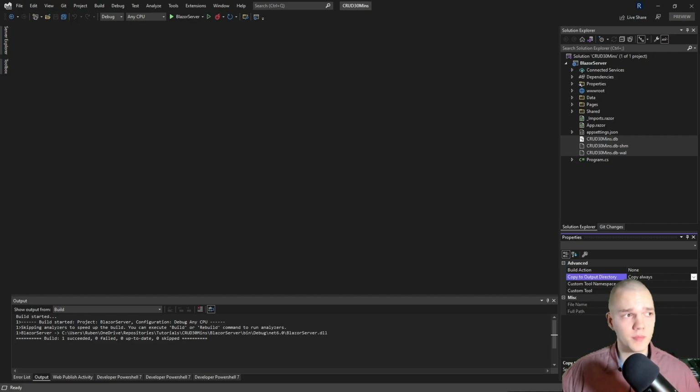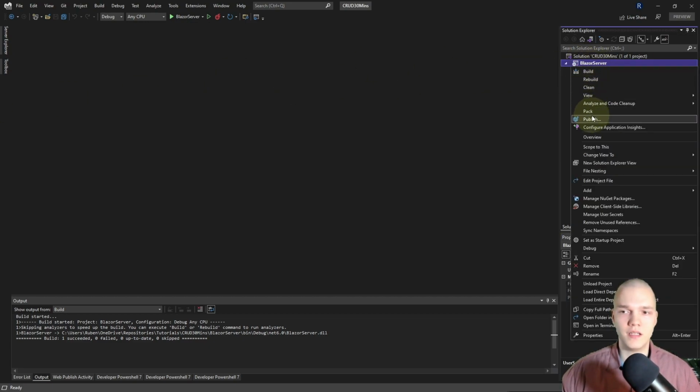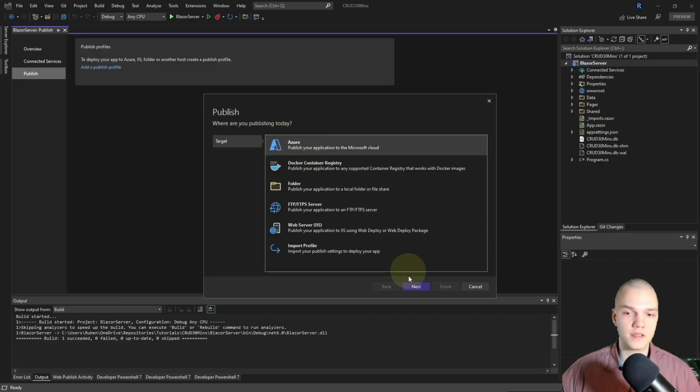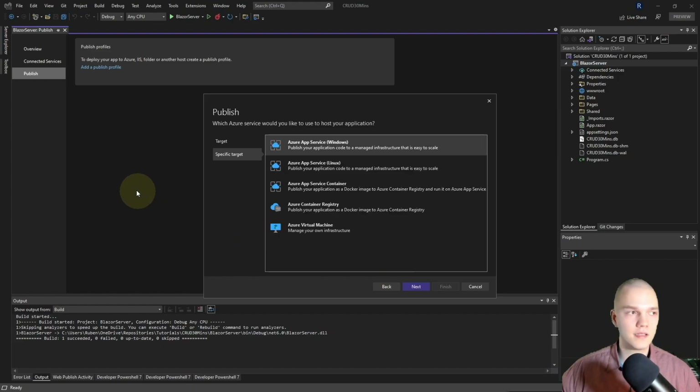Okay, so let's publish Blazor server to a free tier Azure App Service now. So I'm gonna right click it, hit publish, and I'm gonna select Azure, hit next, and I'm gonna select Azure App Service Windows, hit next.